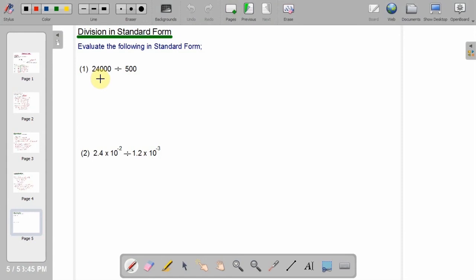Division in standard form. The question is, evaluate the following in standard form. Let's quickly convert this to standard form. Converting it, we have 2.4 times 10 to the power 4 divided by 5 times 10 to the power 2. It's just the same thing. If you like, you can write it this way, 2.4 times 10 to the power 4 divided by 5 times 10 to the power 2, which gives us 2.4 divided by 5, which is 0.48, times, pick one 10, subtract their powers,